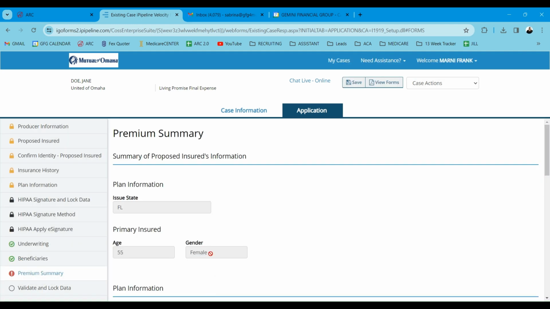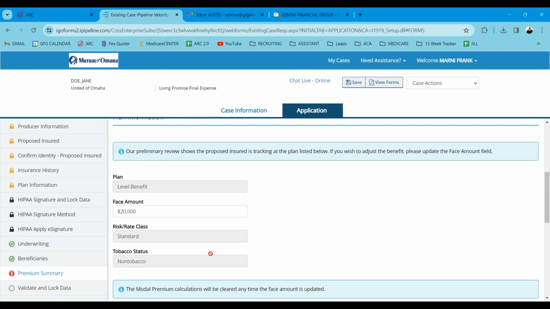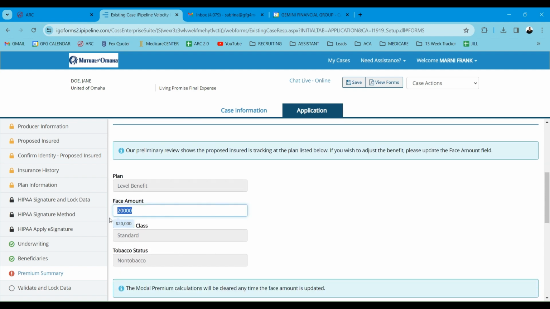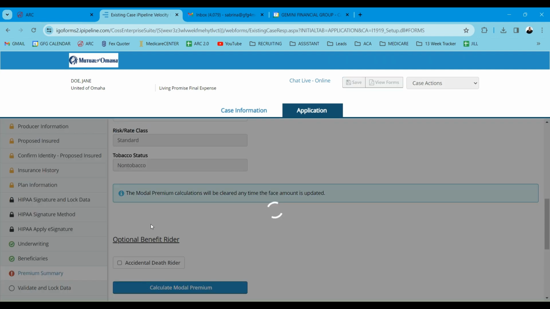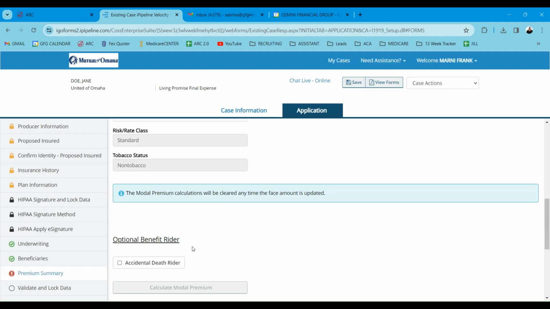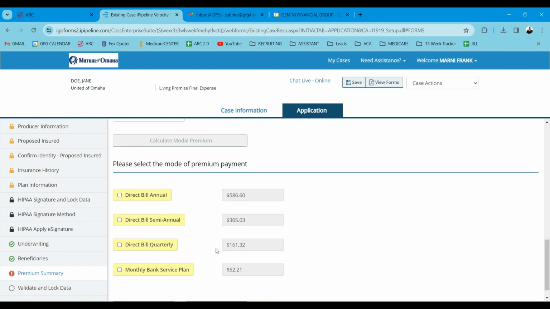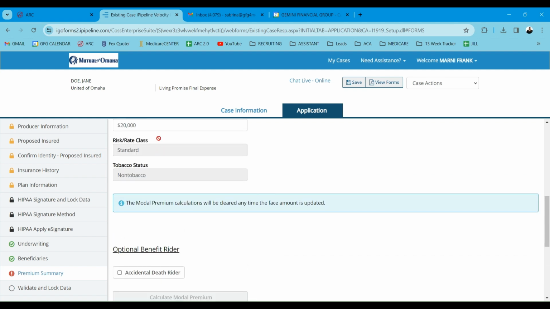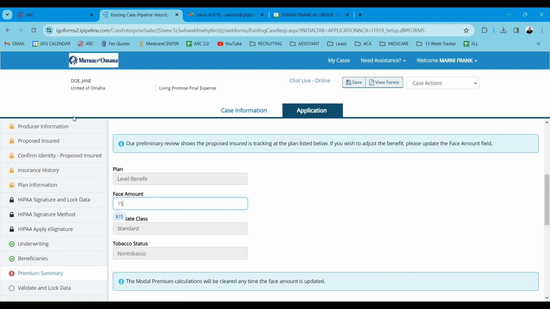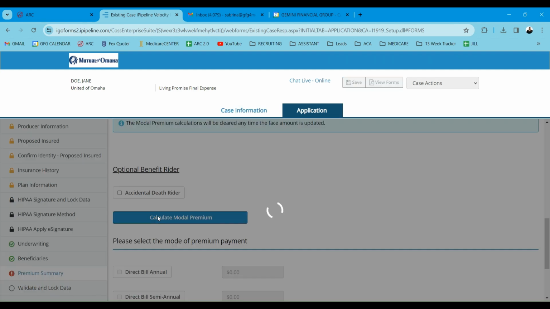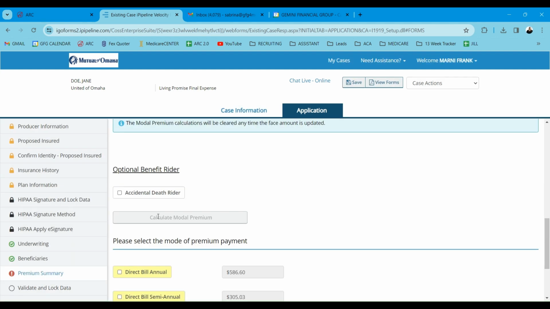This is going to bring us to our premium summary. So you see we're at 20,000. You can change this. If you quote it, which you should have quoted it before, you can go lower. You can't go higher. This is also where you add accidental death riders or other riders. So let's say she says, "Man, 52, I thought about it, and that's too much." So I can lower it to 15,000 and then be like,